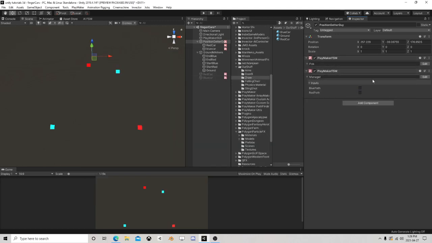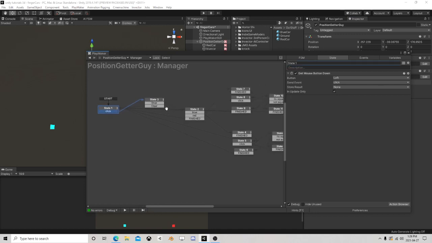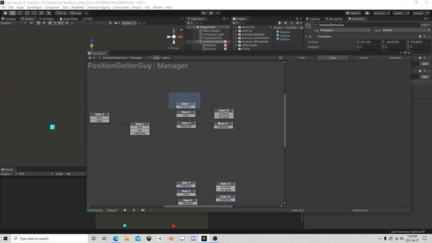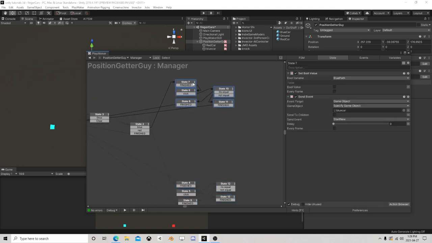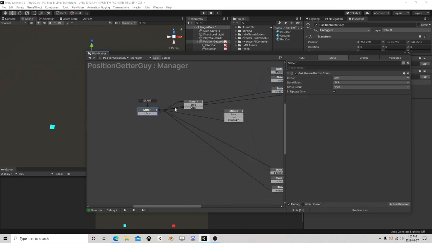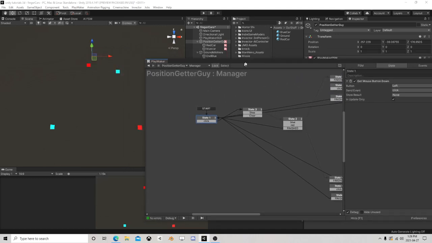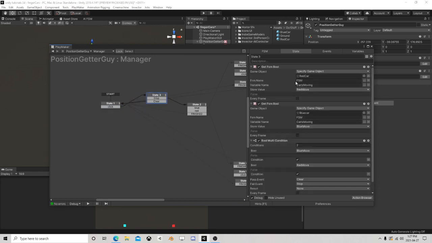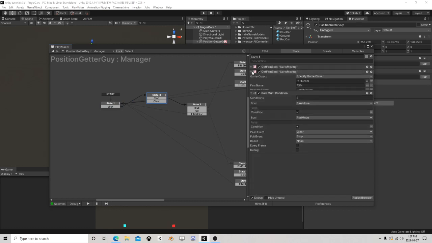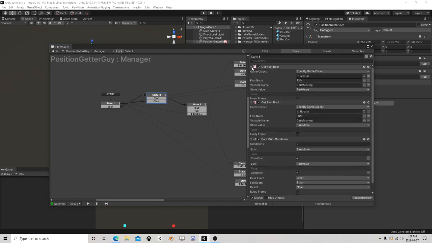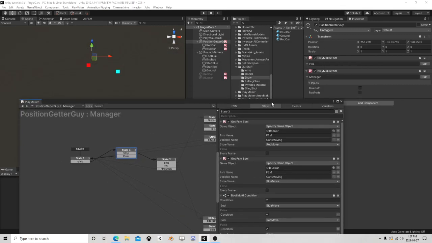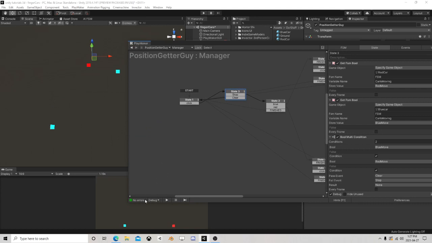That's all he does. The manager, however, these things are kind of broken into two sections, right? So this one just wants to function on get mouse button down. So if we get a mouse button down, we're going to go over here. And this system here is kind of based on the cars. So ideally, if the cars are going to move eventually,